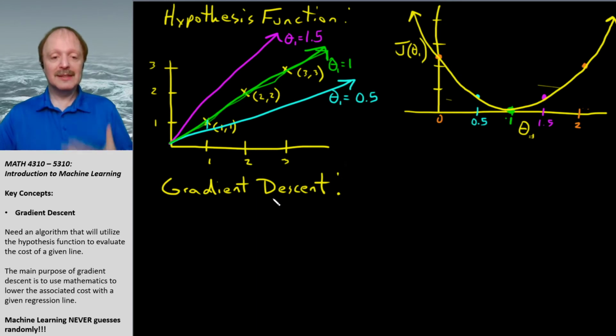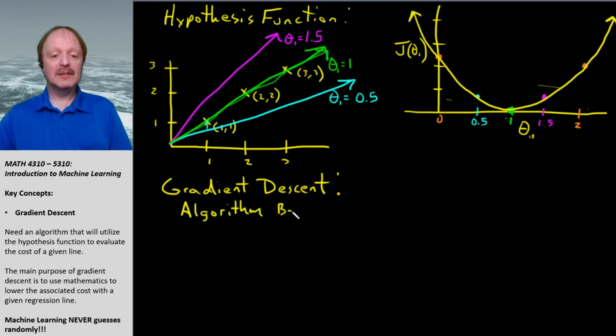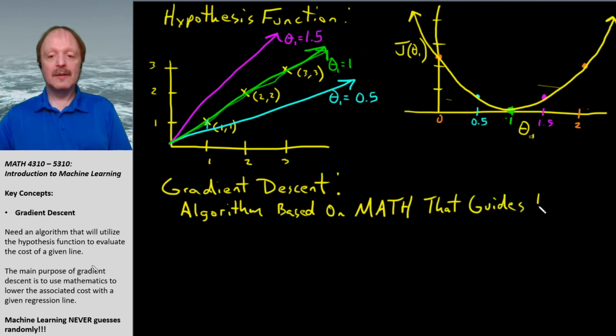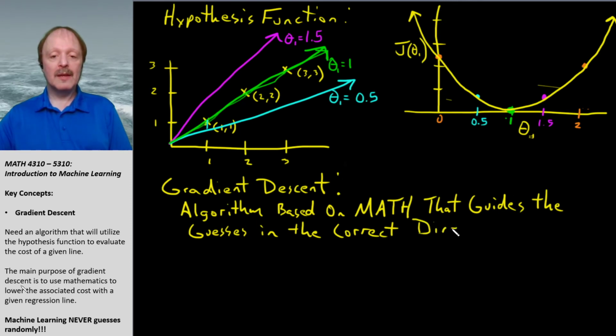And what gradient descent's purpose is, this is an algorithm based on mathematics, I'll just abbreviate math, that guides the guesses in the correct direction. Okay? What do I mean by all that? Well,